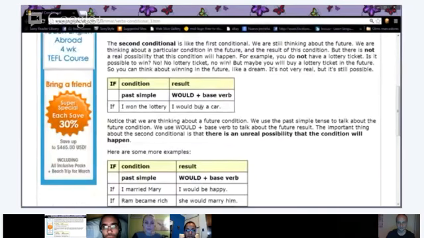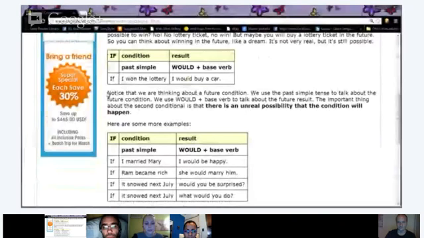We would not say I would to buy. That would be the infinitive form. We say I would buy, the base verb, or the base form of that verb. All right, so let's go on to our next paragraph here. Let's go to Diana. Let me have you read this paragraph. Is all for me? Go ahead and read that.